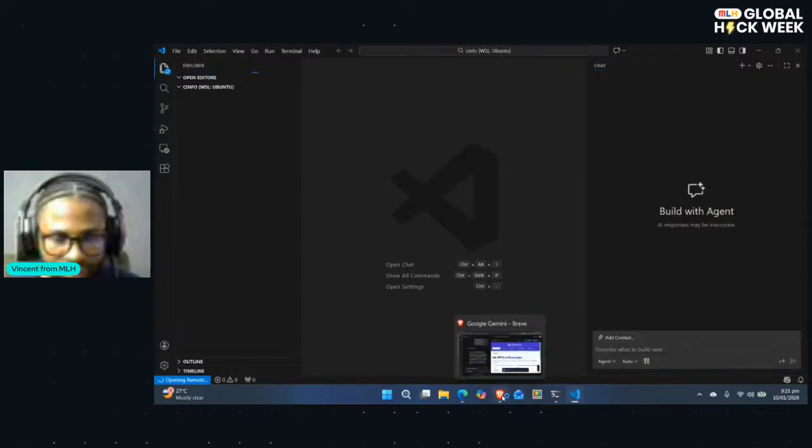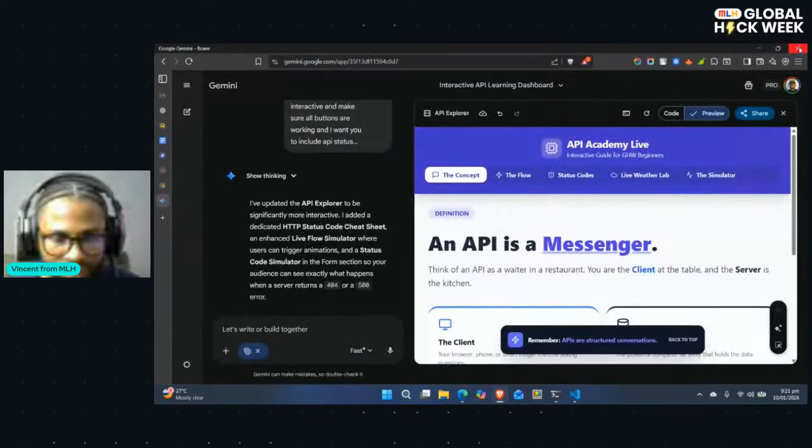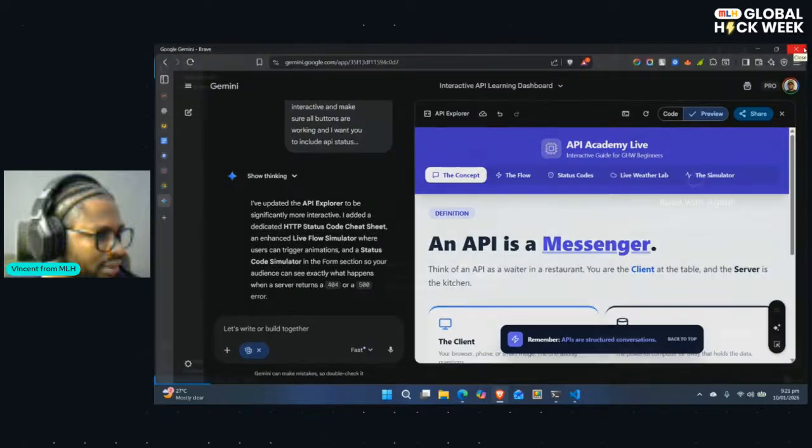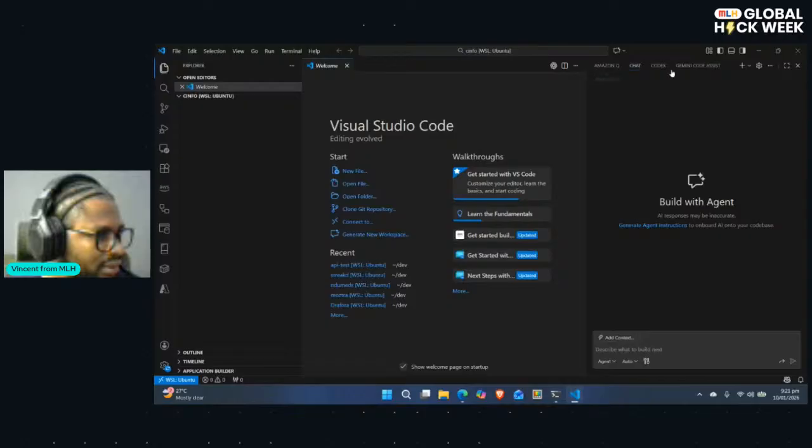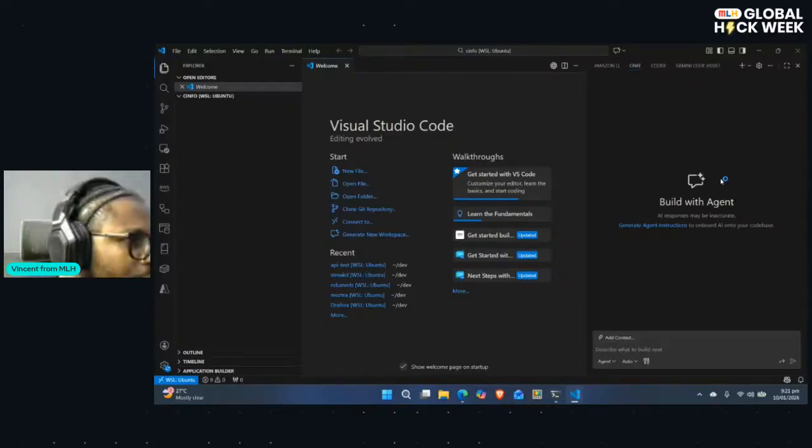Okay, let me close some resources I have here. I think I can close this. I already have most of my vibe code already open.